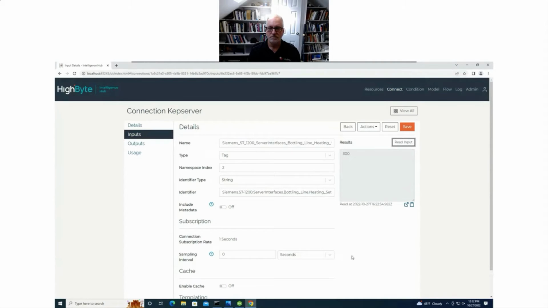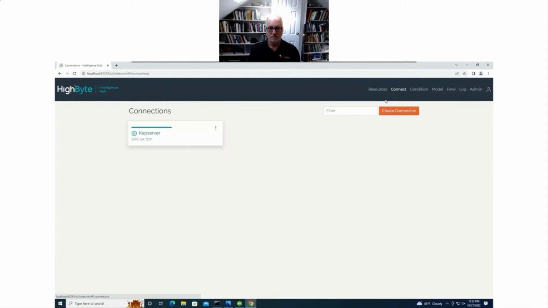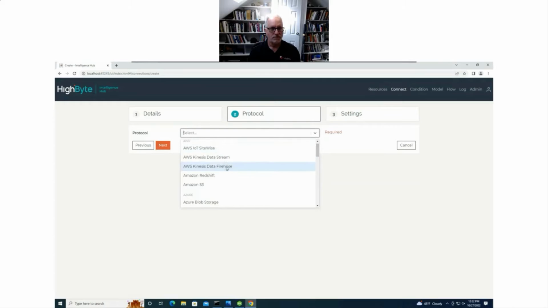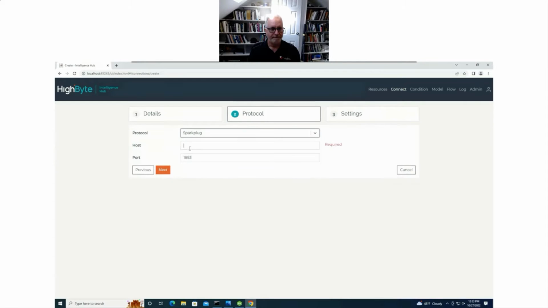So I now have an active connection to KEP server, and I can see the status here that it is running. So now we need somewhere to send this data, right? So we have HiByte collecting it. Where does it go? And we're going to send it to a MQTT data broker that I have running in